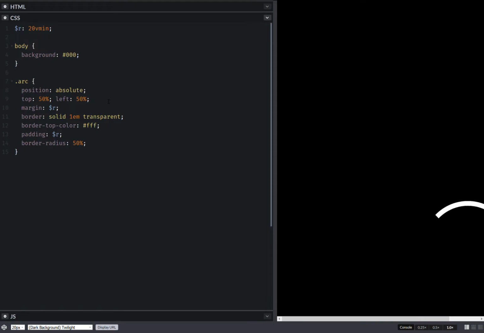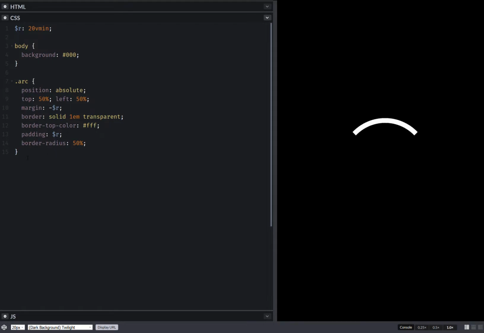minus. Sorry about that. Okay, now having done this, let's also set a rotation, and this is going to depend on that progress. So rotate calc, and here we have that progress key multiplied with one turn, and if we can create a keyframe animation,